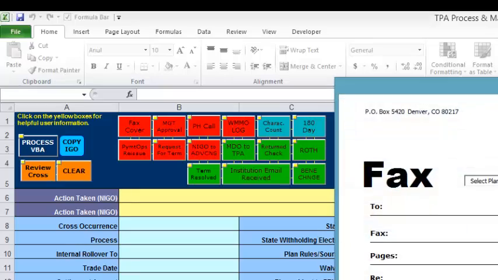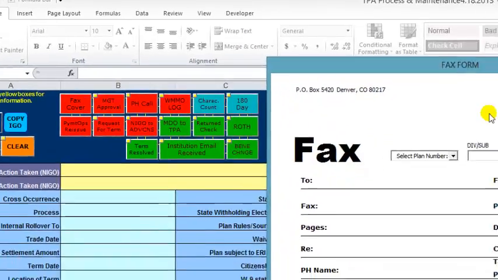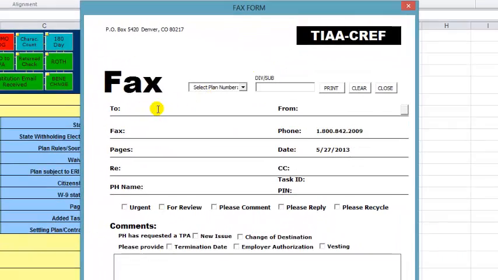First one, Fax Cover Sheets, my most popular one probably. And all you're going to do when you pull it up is type in the person's name, or his or her fax number, how many pages including the cover sheet. You can tab through all these fields, or you can go ahead and just click in them like I just did. Participant name,